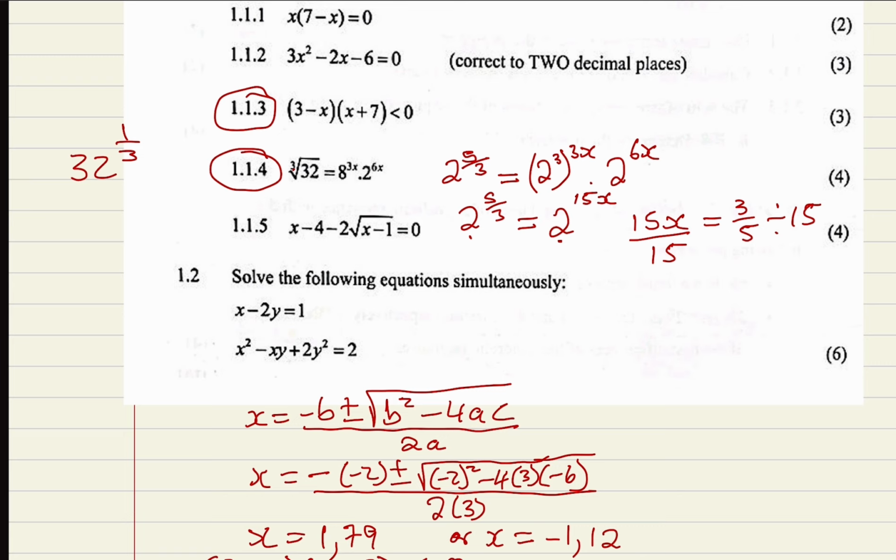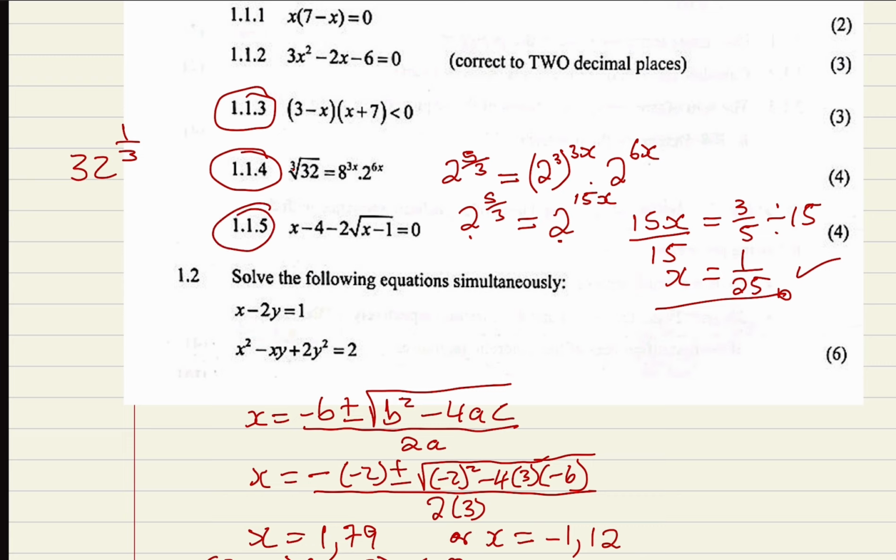Okay, let me check. 3 over 15, that is 1 over 25. Right? I don't know, you'll check for me. That will be x is equal to 1 over 25. Okay, so that is how I got my answer. Okay, then we check